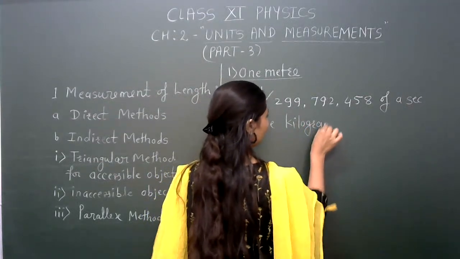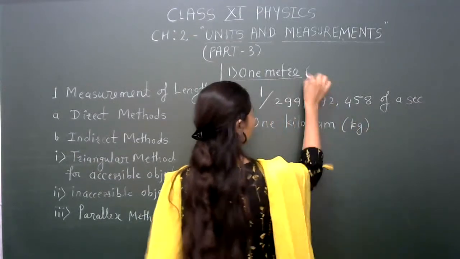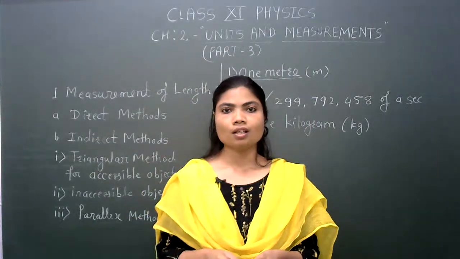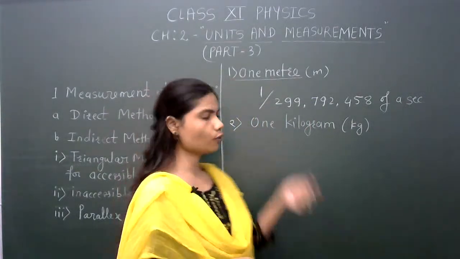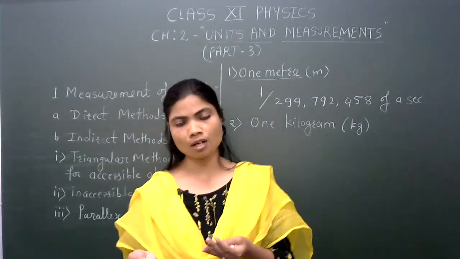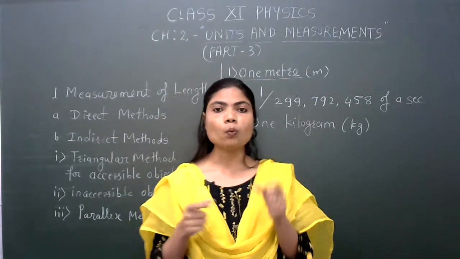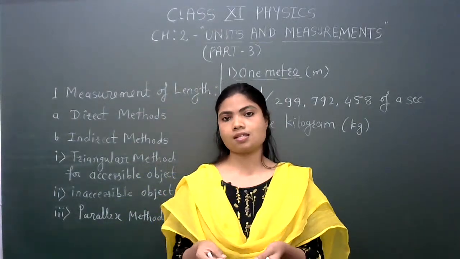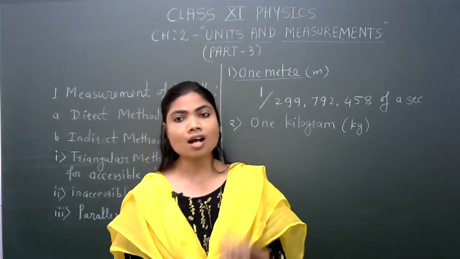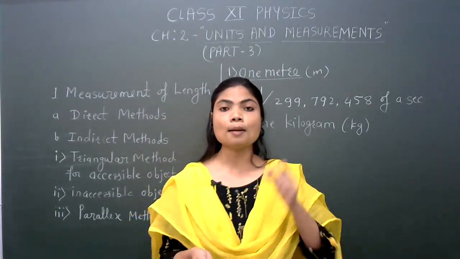What is 1 kilogram? It is symbolically written as kg, and meter is small m, of course. So now we have to understand 1 kilogram. 1 kilogram is the unit of mass. Of course, we have understood this concept well, but 1 kilogram is defined as the mass of a prototype cylinder which is made up of platinum,